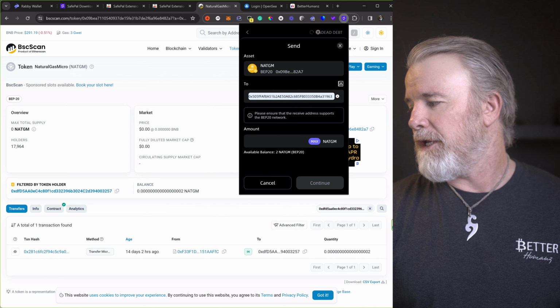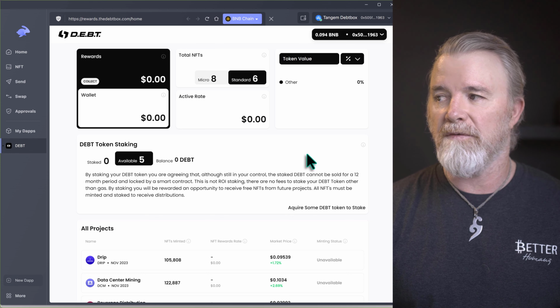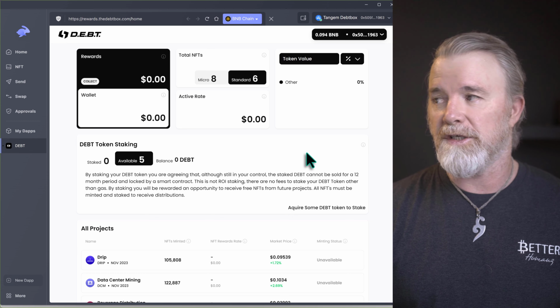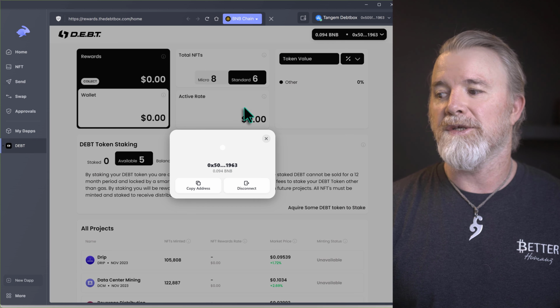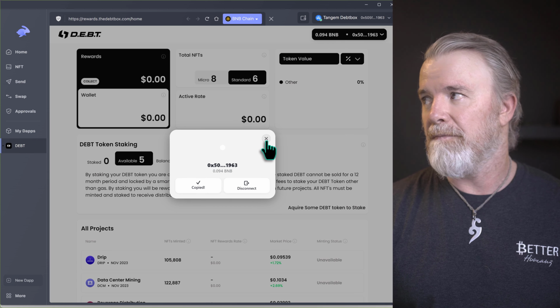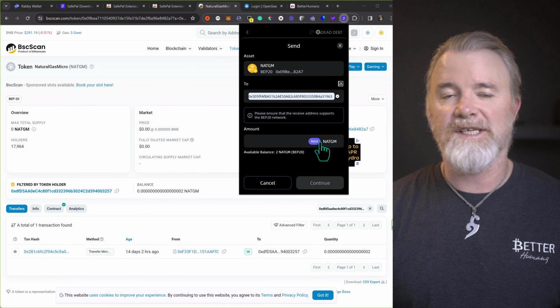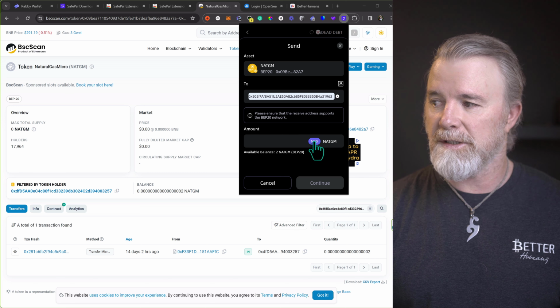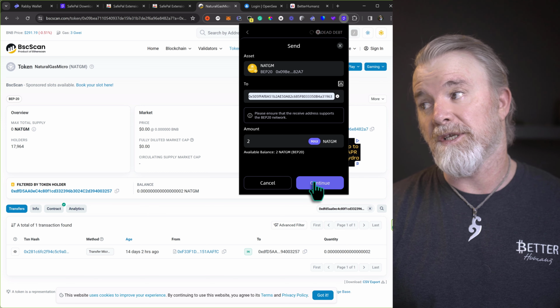But if you need to, come back to your Rabby wallet or any wallet that you're sending it to. It could be on your Ledger or whatever. You just need your hardware wallet address. So this is the Tangent address. Remember, you can click on here and just copy it from here. Come back to SafePal, put it in here, and if you want to send all your micros, just click on max. I've only got 2, so that's what's showing me 2. Then click on continue.